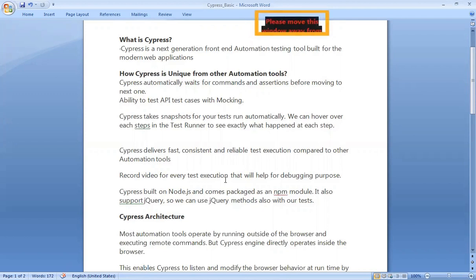In the next lecture, we will come to the Cypress installation from the basics. We can use any editor and install Cypress, and then we can check Cypress by running it using the test runner or running it using the command prompt and all these things. In the next lecture, we will come to the installation part with the